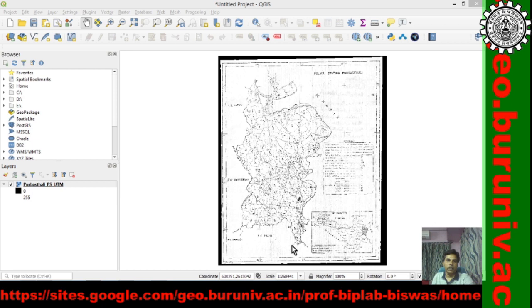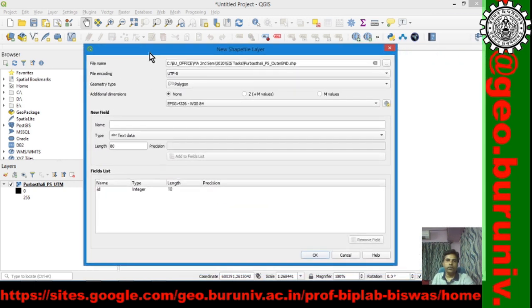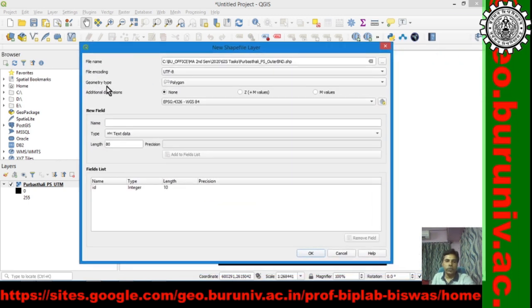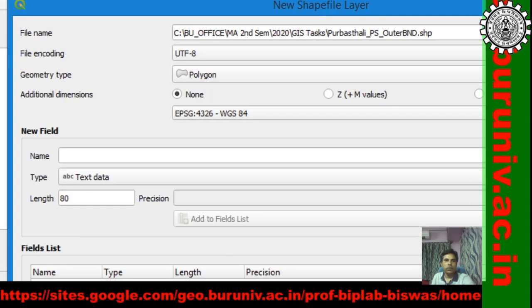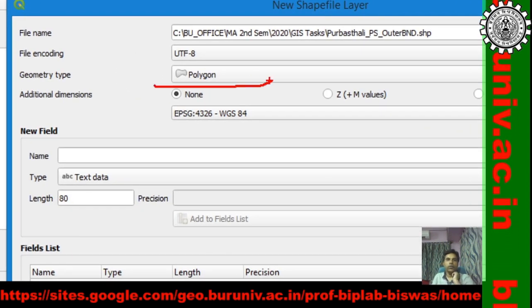A line which starts from a point and ends at the same point after several in-between points is called a polygon. It creates an area file. So the geometry type is polygon, and